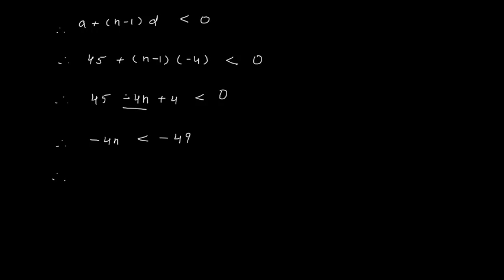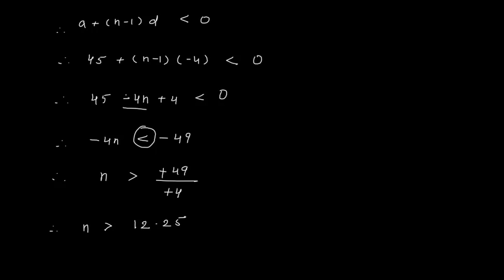Now in inequality, you know that when we are dividing both the sides by a negative number, then this sign will change. So here I will say that therefore n, now I will change this sign. It will become greater than minus 49 divided by minus 4, because both the sides I am dividing by minus 4. So therefore here you will get n greater than, now this minus minus will cancel, and 4 1s are 4, 4 2s are 8, 1 carry, 4 2s are 8, 4 5s are. So n is greater than 12.25.